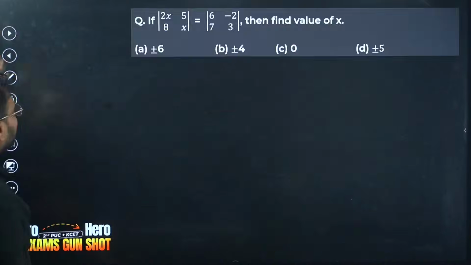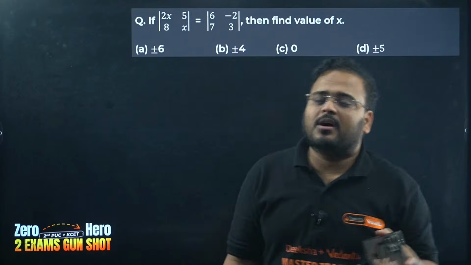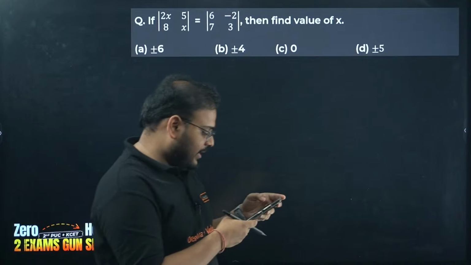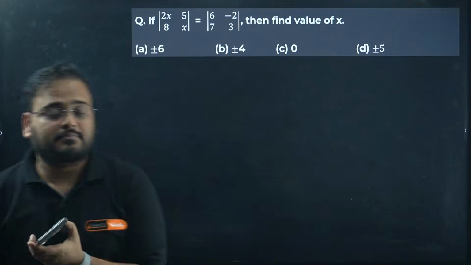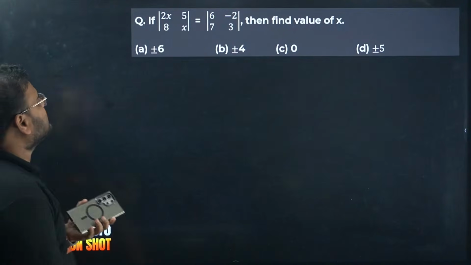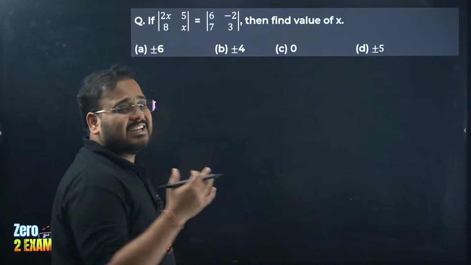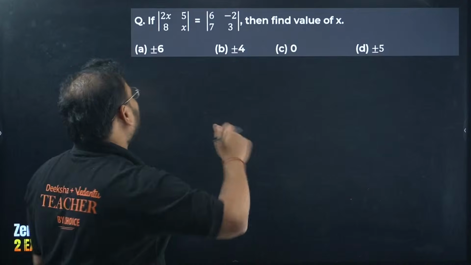Moving on to our chapter at hand, which is finding the value of this determinant, P by Q of your PU2. I'm looking to find what value of x. Of course, as I said, don't compare it like the way we used to in the case of matrices. It is not that, it is the determinant.